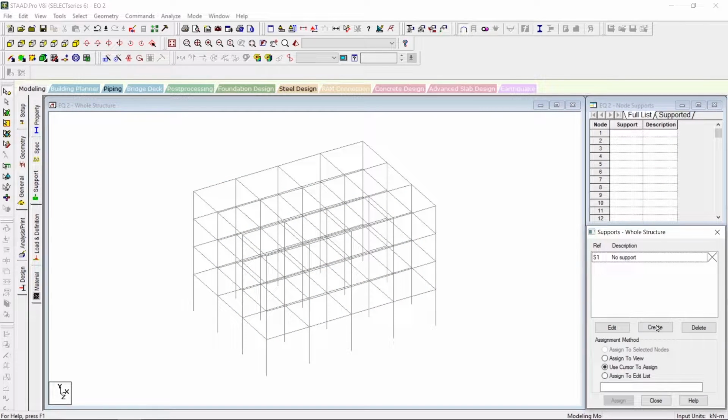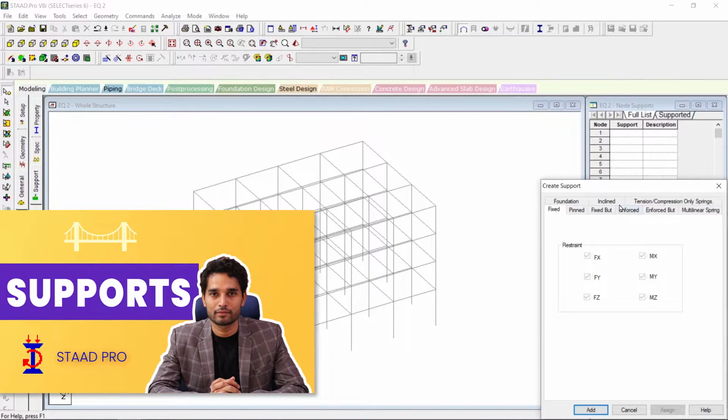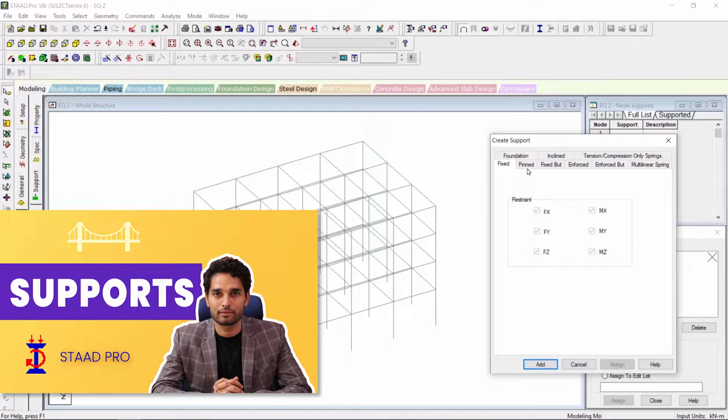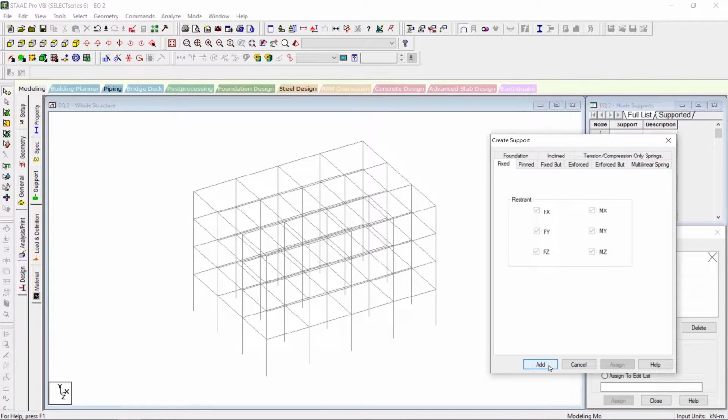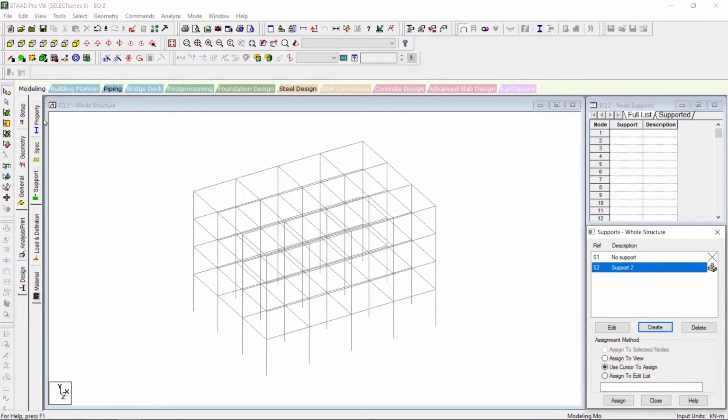We'll be creating a new support. So I'll click on create. Again, I have a video on creating supports, so you can check that out. I'll choose a fixed support, click on add. I'll select the support, go to the front view,